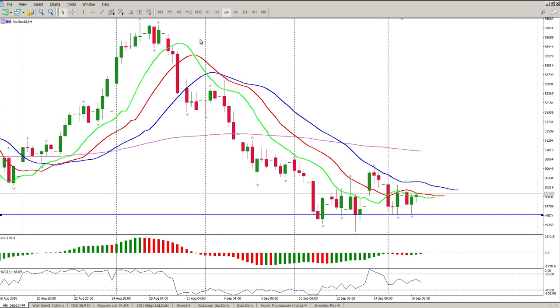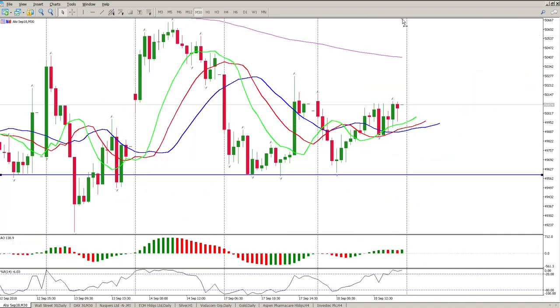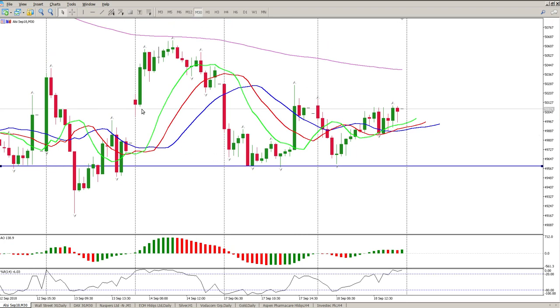And now what we want to do is get down to the half hour and start looking for some entries. So what's happened here? You see we hit the 200 moving average. We bounced off. We found support at this 49,585 area. We found a double bottom here. We came and tested it a third time, so we pretty much got a triple bottom at the moment. Now, what validates this triple bottom is obviously,